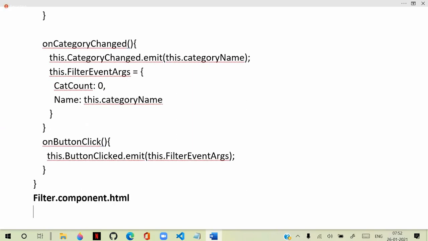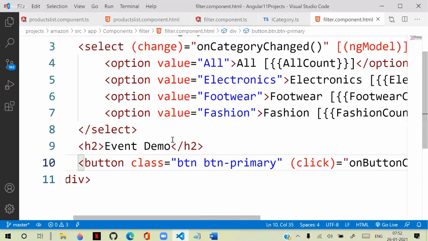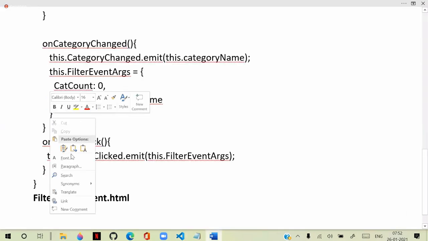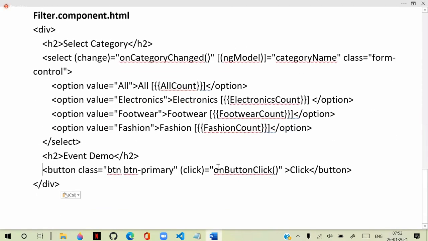That means in filter.component.html, you need to present that button also. I'm just giving the entire example, right? This is the button, and on click, it has to call that button click which emits the value. Now in the parent component, that is products-list.component.ts,